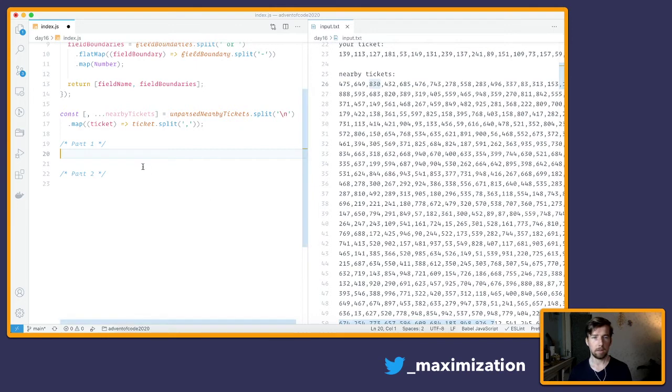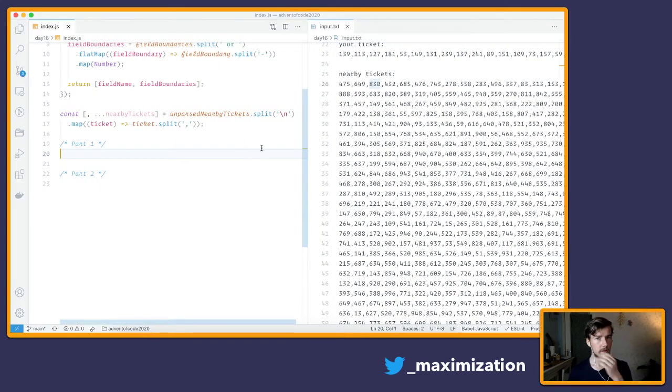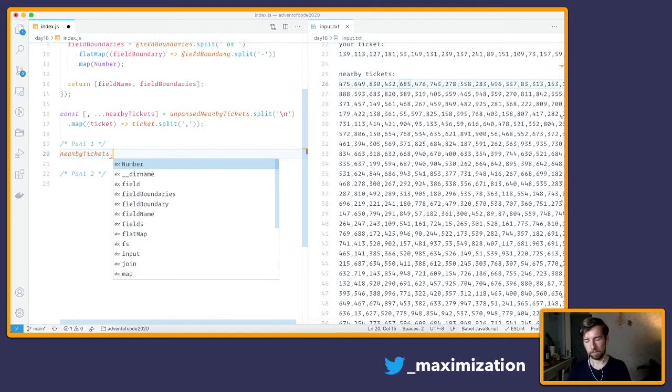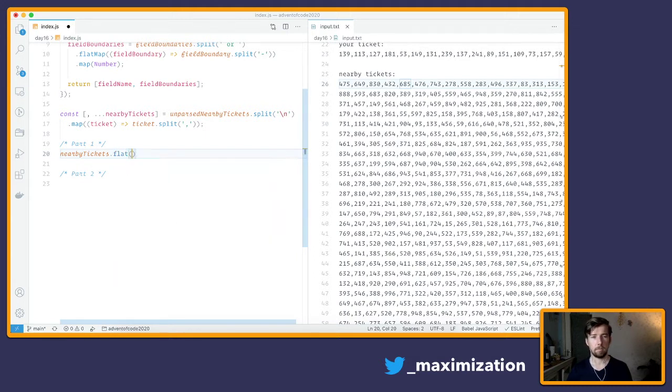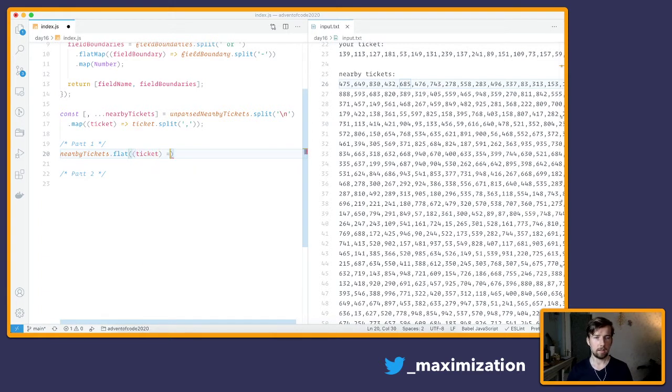So our logic is going to be, okay, first we need to store our invalid values. So for each ticket we need to filter out the invalid values. So we can say nearby tickets is going to be, can I use a flat? I'll try and use a flat this time. I don't use flat that much, but flat ticket, and then